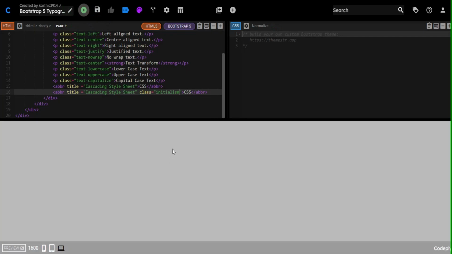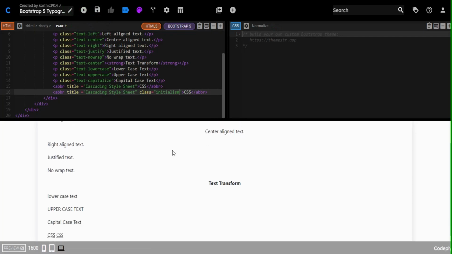Okay, run this. You can see the difference between how the Bootstrap and the normal abbr look. You can see the text difference when I put initialism, it will look like this. If it is normal, it will be in the normal mode.